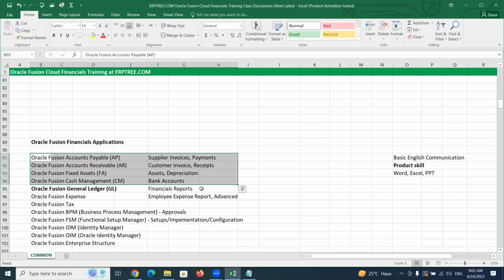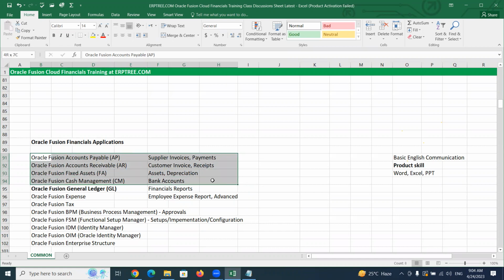You will understand what the finance reports mean if you are not aware. We will deal with those reports when we deal with this GL application. So that's all about the General Ledger application. Ideally, we don't record any transactions in the General Ledger application. From all the applications, the GL will collect the data to prepare the financial reports. So that's how we have these 5 core applications.